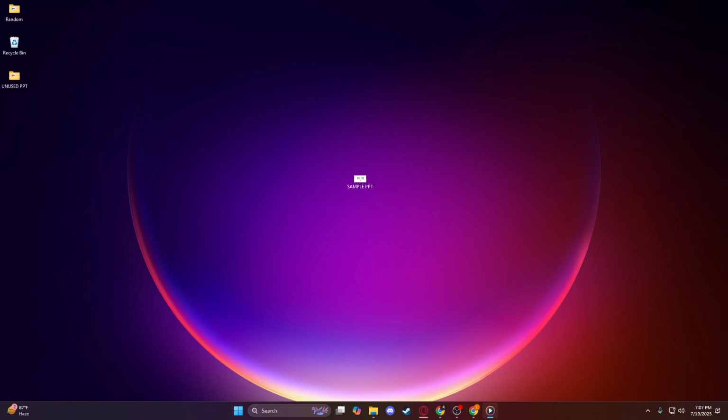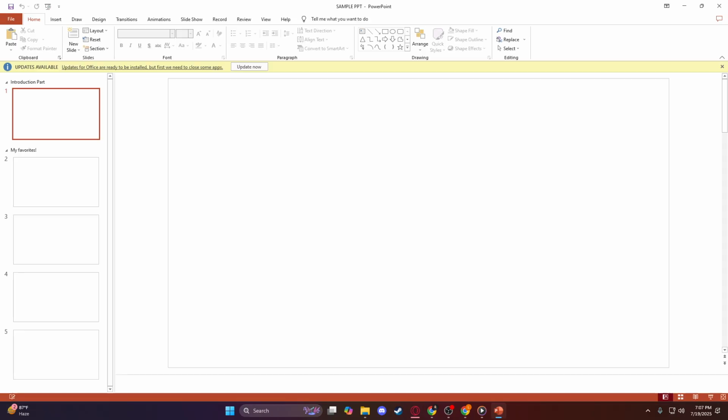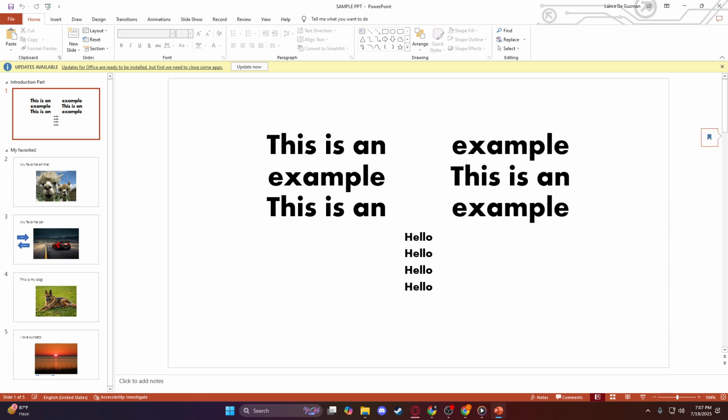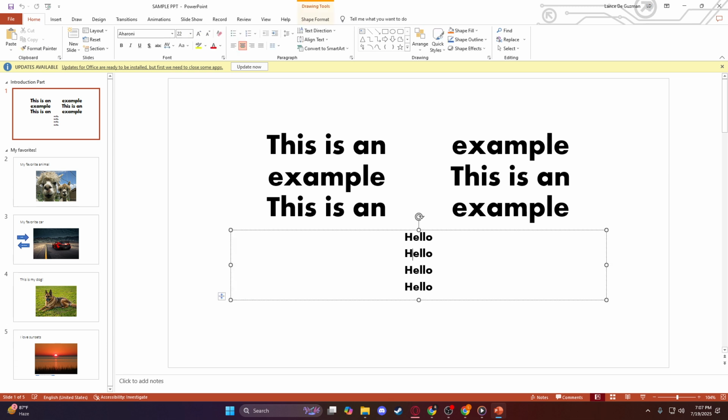First off, you'll want to open up your Microsoft PowerPoint presentation file. If you have your file ready, go ahead and launch it. Once your presentation is open, you'll find yourself on the slide screen. From here, you're going to navigate your way to the Home tab, which is located on the top menu bar. This tab is essentially your go-to for a multitude of formatting options, and today it's where the magic happens for